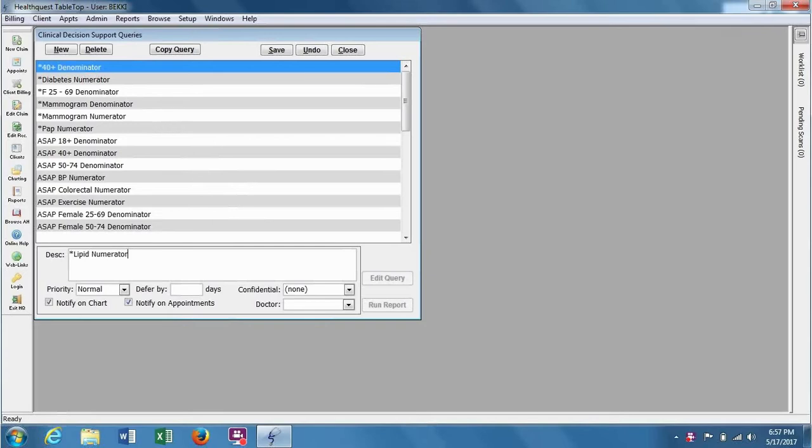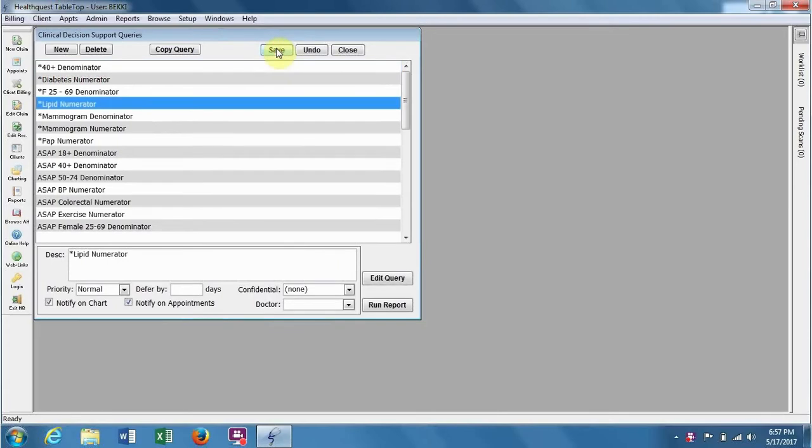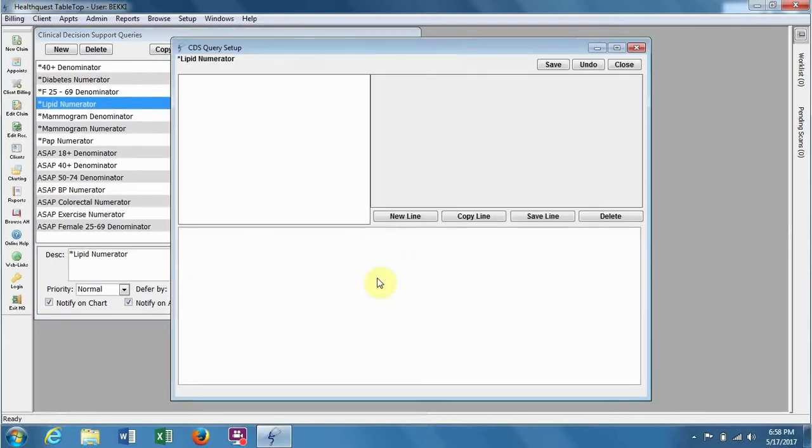Lipid numerator. So what we're doing is we're calculating two different numbers. One is the numerator, so how many people got something done, and then the denominator afterwards, which will be the total population in that age group. So for the lipid numerator,